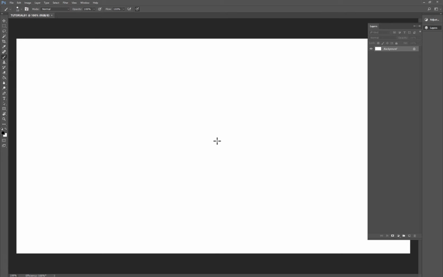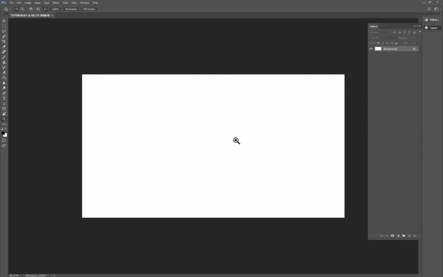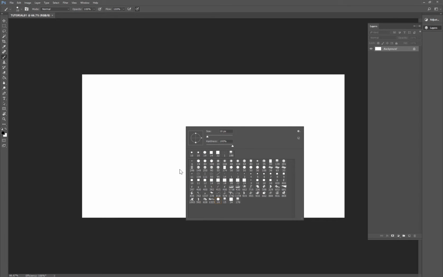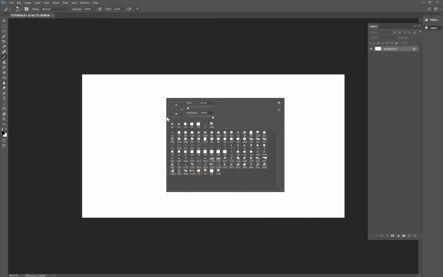When we create our new document, we get a white rectangle. This is our workspace, and it's where we're going to try out our brushes. I've got a set of paintbrushes here that I'll share with you, so you can download and use them too. But we're going to make a couple of brushes anyway, that we'll use in this illustration.